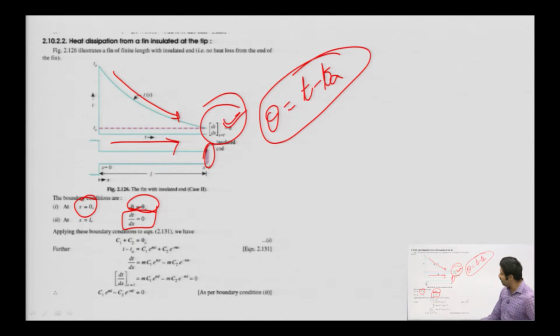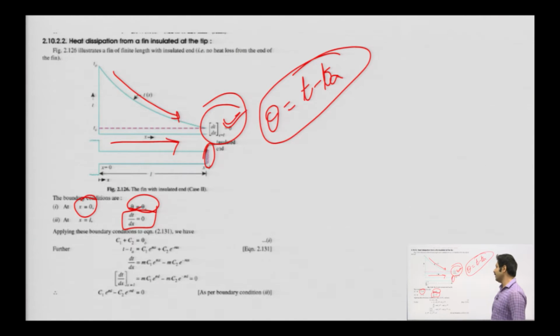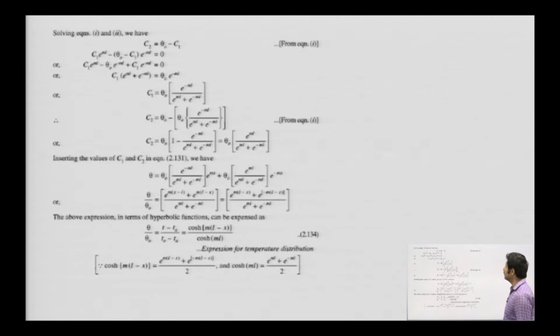So applying these boundary conditions to the equation, the general solution of the second order differential equation, once you do it, what do you get? You try to solve it like this. It's just a simple mathematical thing. Now C2 is equals to theta 0 minus C1, just with the simple thing. So what is C1? C1 you get this,